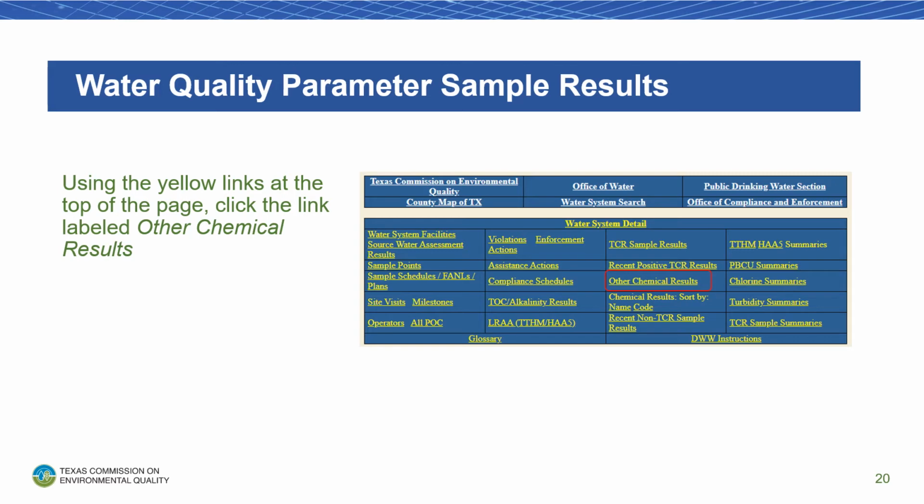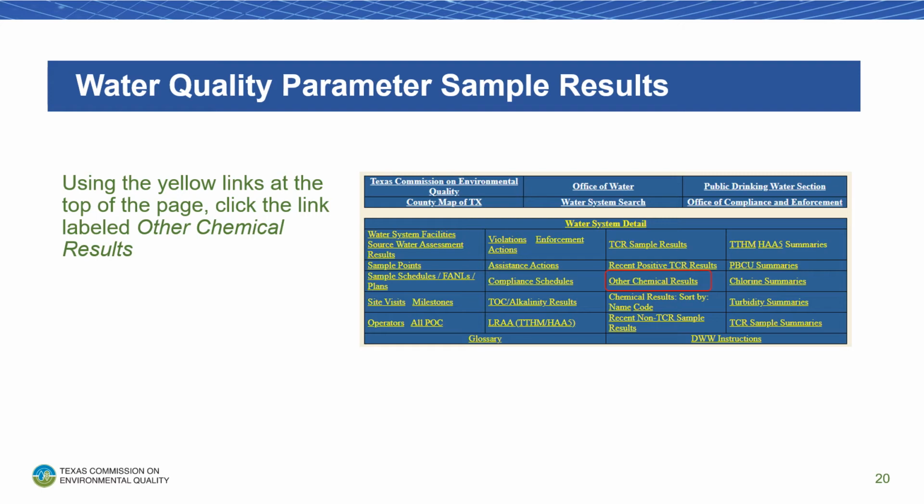On this page, we'll discuss how to find WQP sample results using the chemical results section. This is the method that is best for systems that use multiple laboratories or pass-through laboratories to analyze their samples. To find WQP sample results using this method, click the yellow link at the top of the page titled Other Chemical Results. This action will bring you to a list of all non-TCR sample results for your system for the